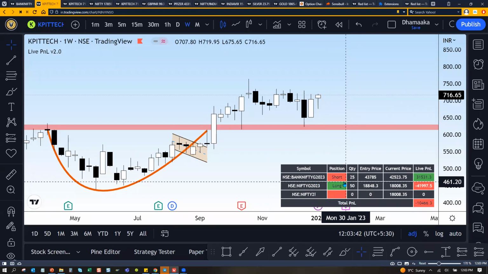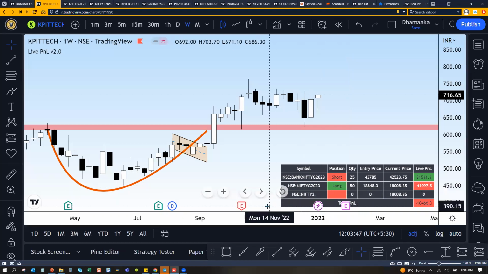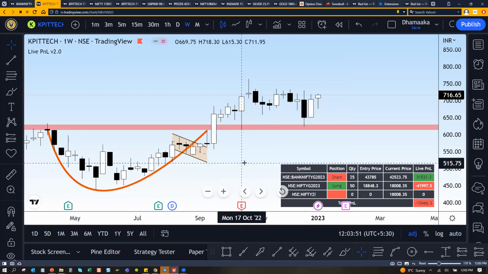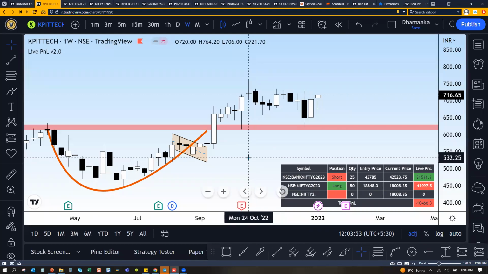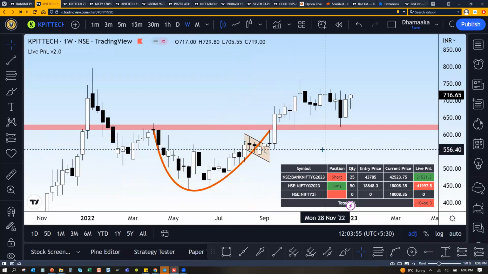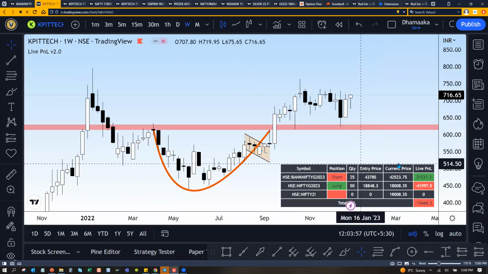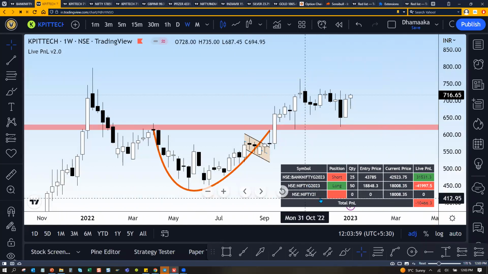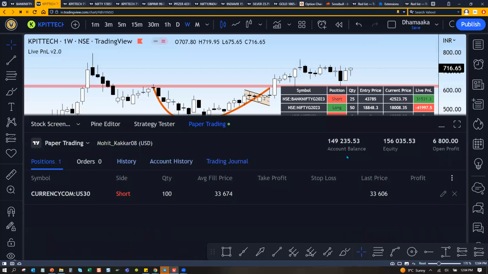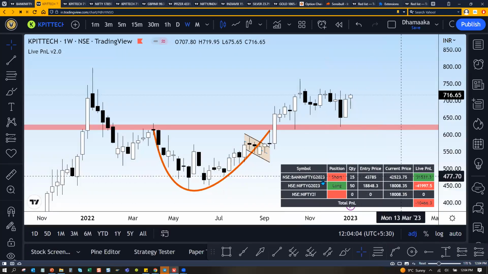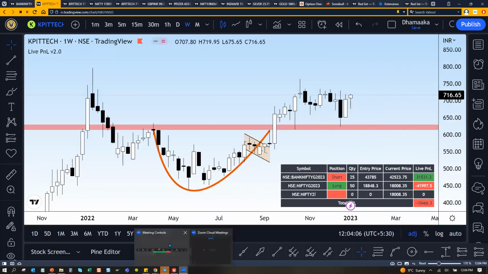You can have a way to check the accuracy of someone who's giving you recommendations. The idea to convey here is that this is just a way to track things. So that was about paper trading, and this is some cherries on top that I just showed you.